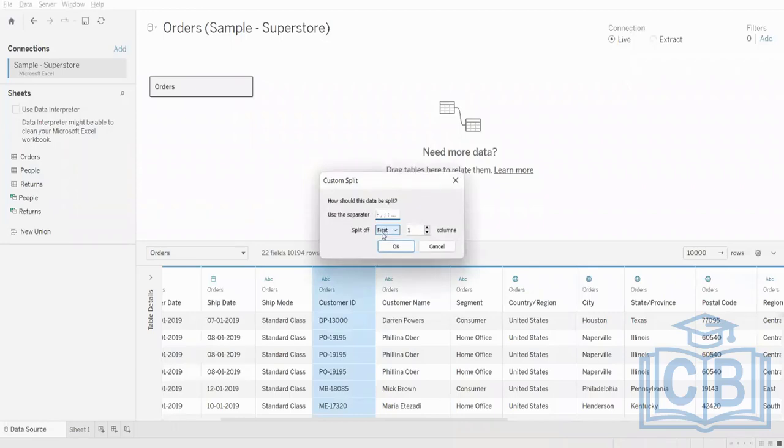First means to the left of the delimiter. So whatever is to the left of the delimiter, it has extracted and given you the data. Now, if you want to extract the later half of the delimiter, you can put a hyphen, because that is your delimiter, and then change the first to last. And if you click OK,